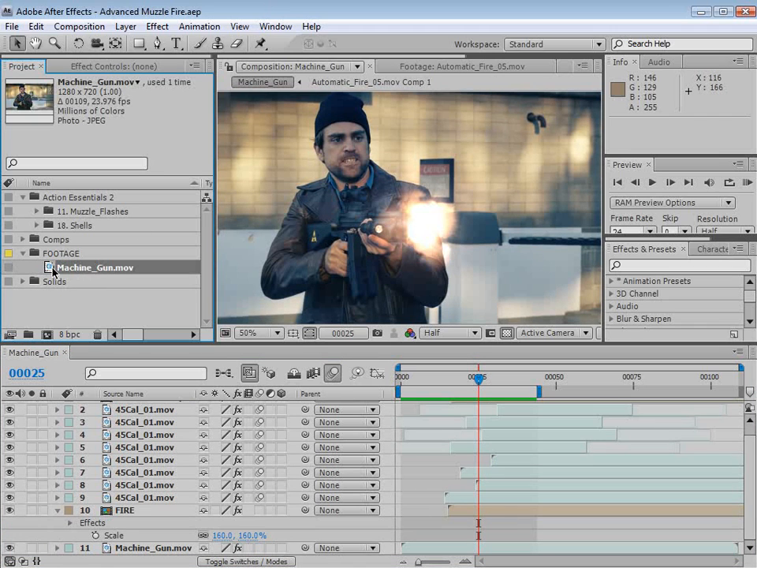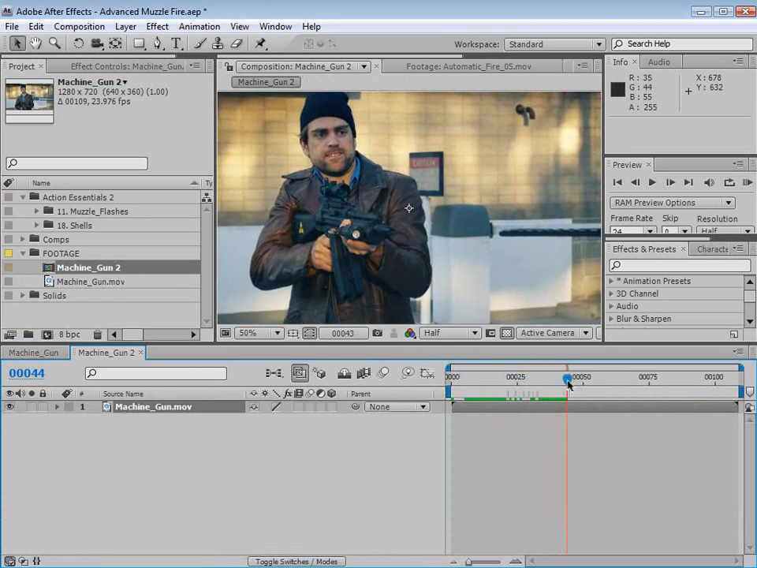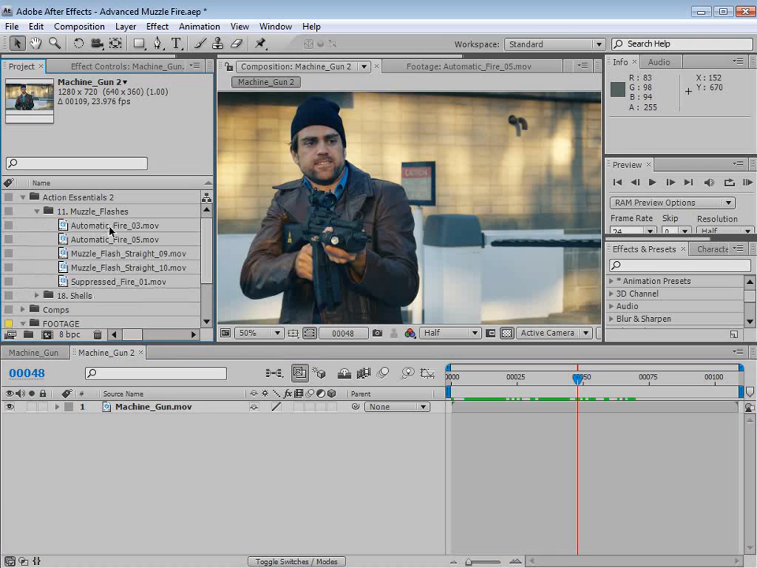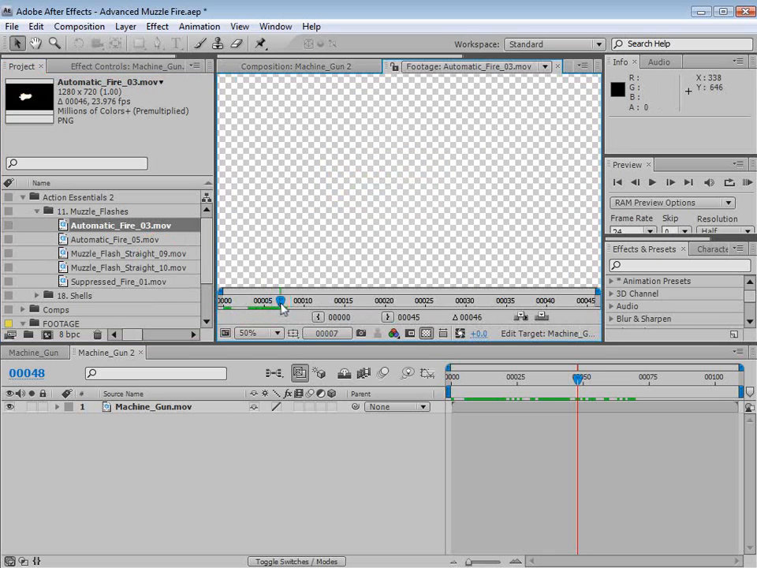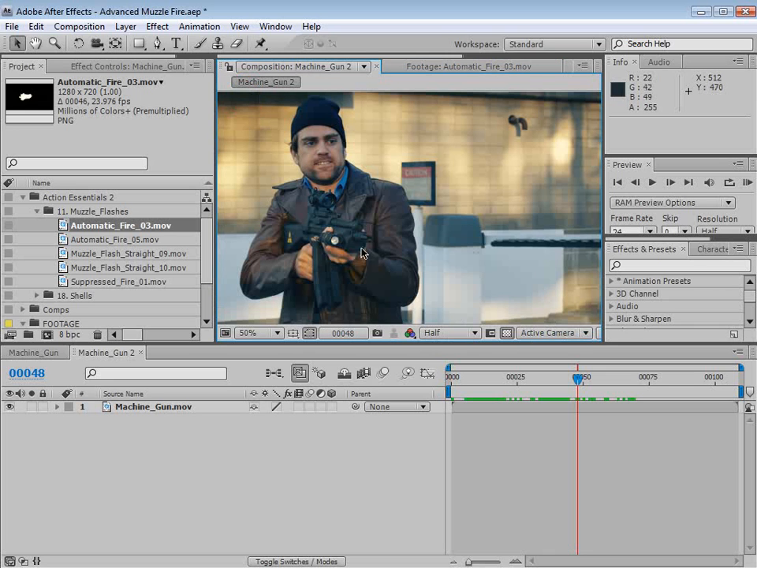So I have our machine gun footage. We're going to drop that into a new comp, and we've got some action here. Very exciting. Now, in our muzzle flashes collection, we've got a couple of different choices. We've got some automatic fire, and we're going to go ahead and create our own automatic fire. So here's the automatic fire. It's kind of a side angle direction, but it's got smoke and it looks good, but maybe not perfect for